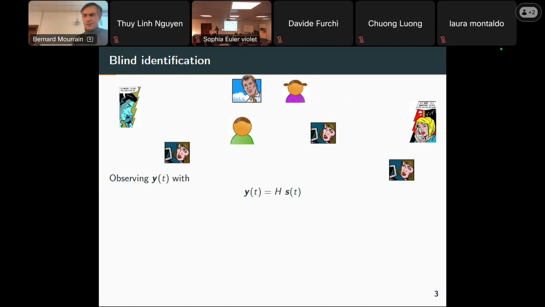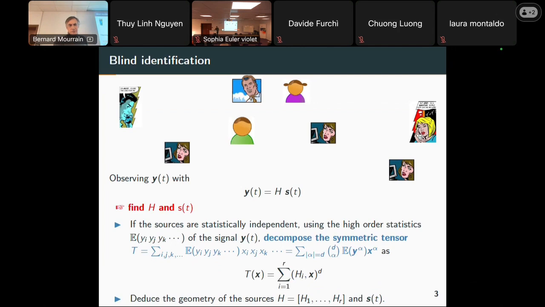So it's a bit impossible or not well posed also, but in fact, it's something that is done in what is called blind identification. If you go not only to the linear part of the problem, but to the higher order moments of measure statistics of this observation. And the technique which is used here is to construct the symmetric tensor that you read